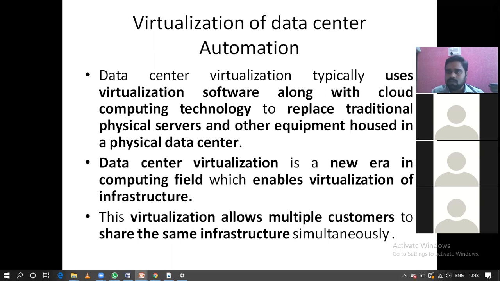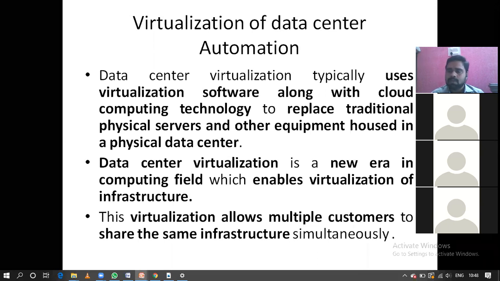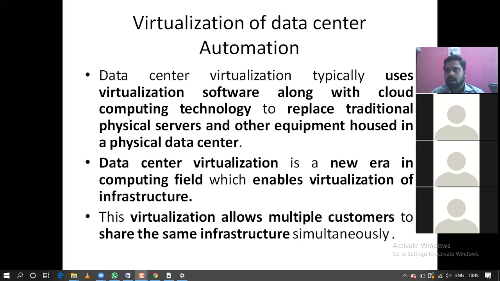Because of this, the cloud users also benefit, based upon cost, infrastructure, power levels and performance. The cloud providers also benefit from using the same infrastructure by multiple users.